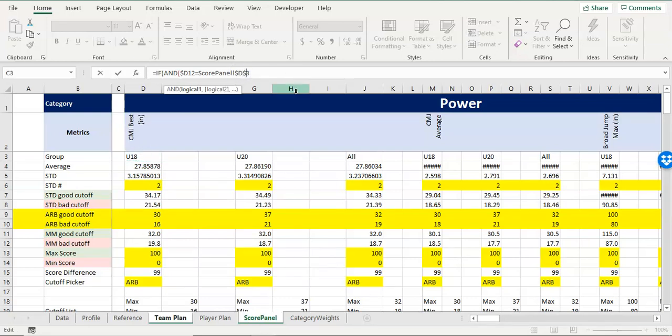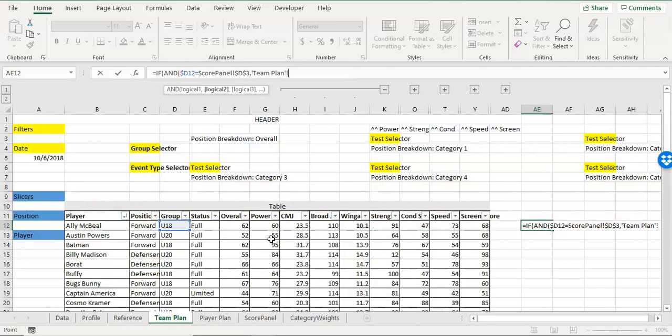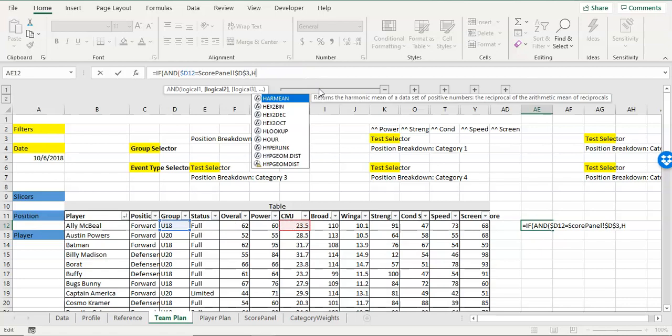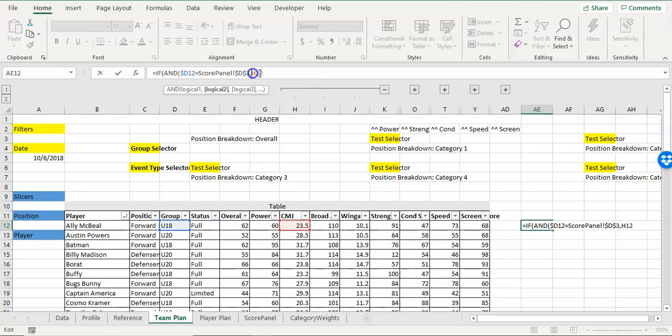The reason why I'm doing that is because it doesn't matter which metric I pick. We only have two groups, and if I know which is which, then it doesn't really matter. If we had a bunch of different groups, then I might not do this. But so if the group is the U18 group, and also, that's what I did with the comma, and also the CMJ value, which again, I'm not going to use the table reference, it's H12. And again, I'm going to lock in the H for now,